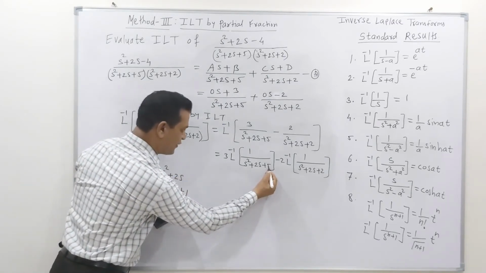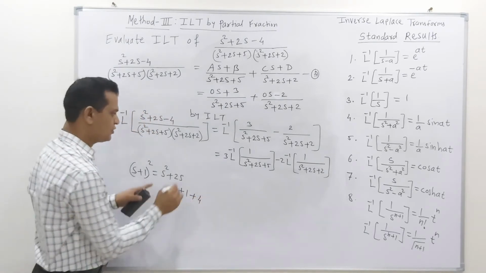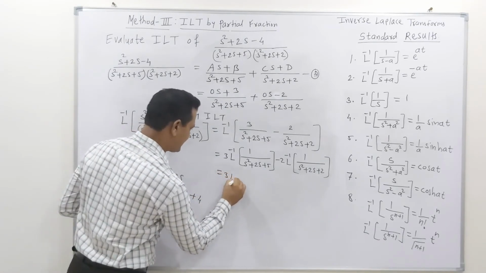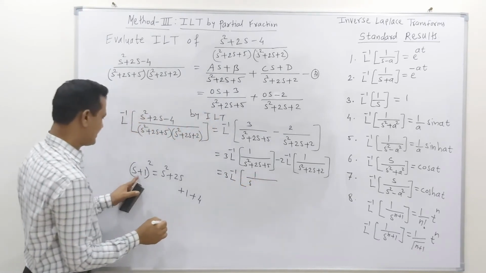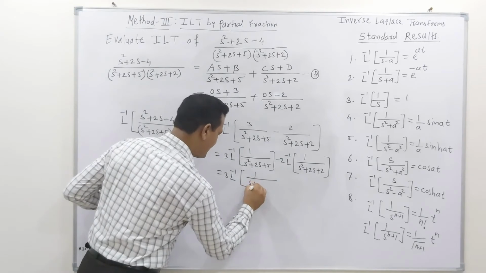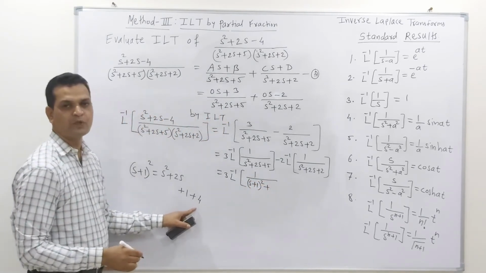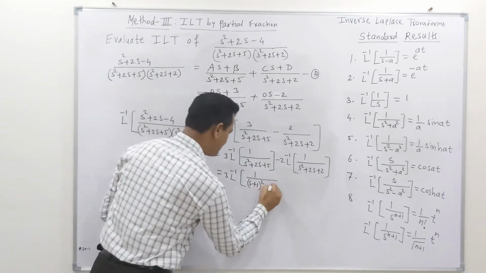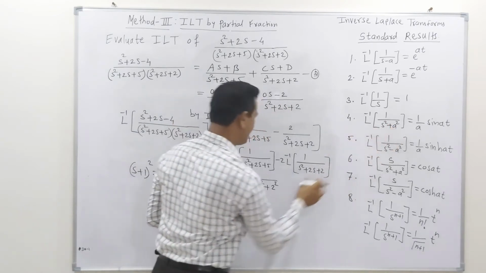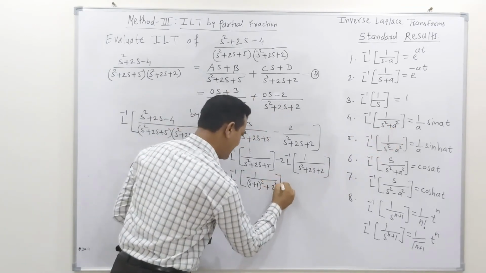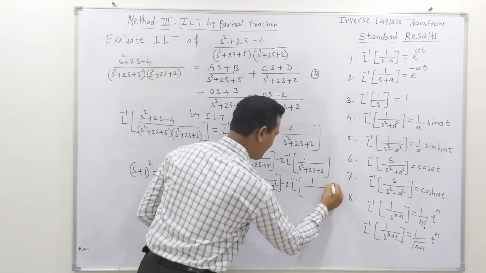So we require 5, we get here 1. So let's take this as 4, so that we can take the next term as inverse Laplace transformation of 1 upon s plus 1 its square plus 4. We can write this 4 as 2 square, so that we can apply one of these concepts. Now we can write this as minus 2 into inverse Laplace transformation of 1 upon